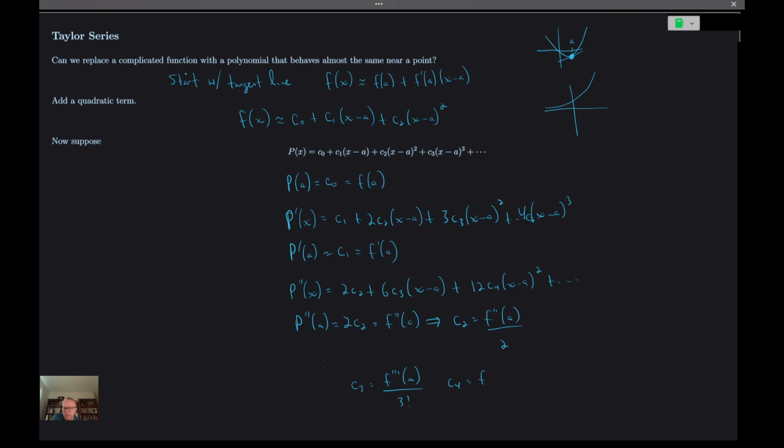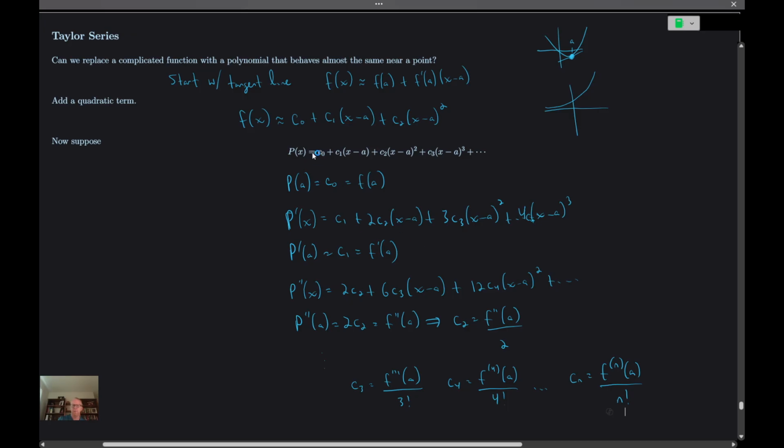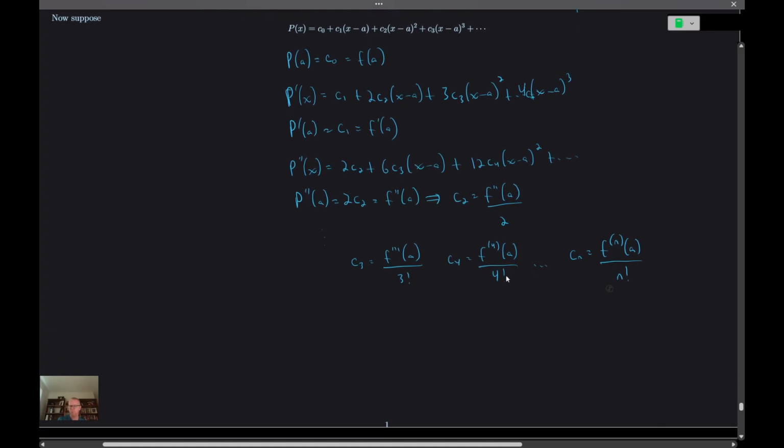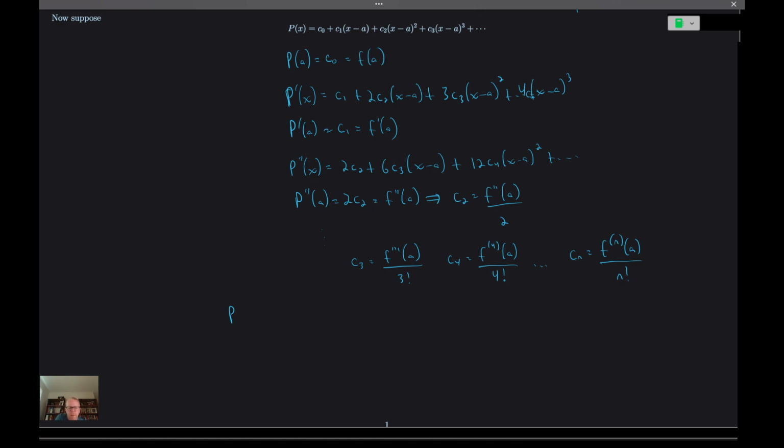C4 would be the fourth derivative of f evaluated at a, over 4 factorial. And if we want to get the nth term, Cn, that would be the nth derivative evaluated at a over n factorial. So if we want to get this formula and replace the c coefficients with their derivative form, however that might look, we would end up with